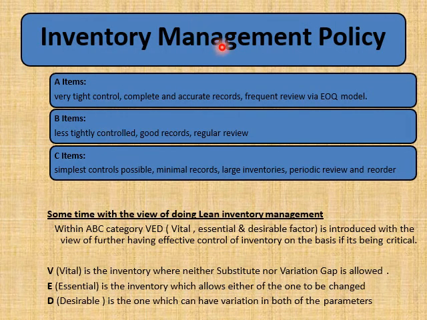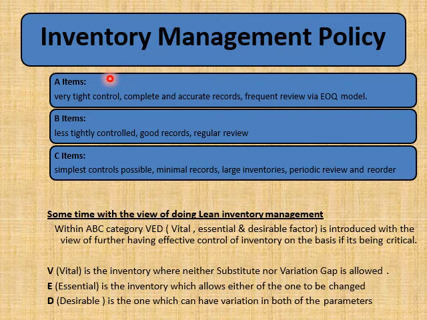Now we have the inventory management policy. For A items we have to keep very tight control. We have to keep complete, accurate records, and review frequently using the economic order quantity model. For B items we keep less tight control, good records, and regular review is needed. For C items simple control is possible, minimum records are needed, large inventories can be kept, and we need periodic review only. Tight control is very much required for A items because these items are very